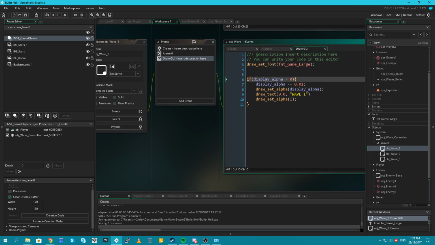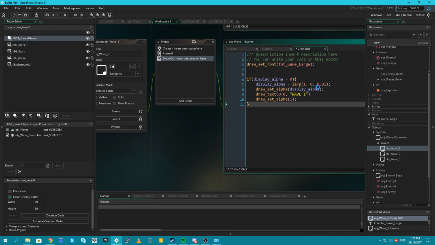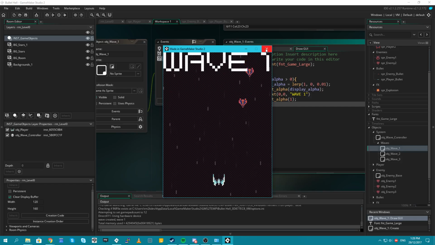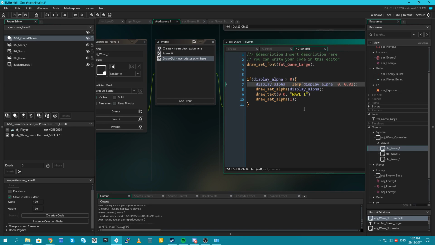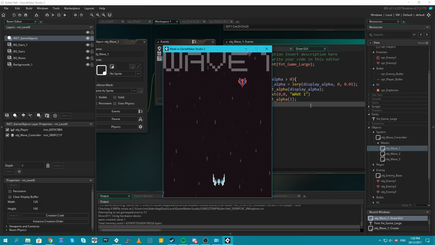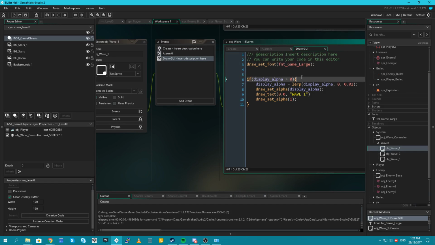A lerp transition. We could lerp the alpha. Alright, display alpha equals lerp display alpha to 0, 0.01. Yeah, we can get rid of the if statement if we're using a lerp, because then we don't have a counter that's counting down.